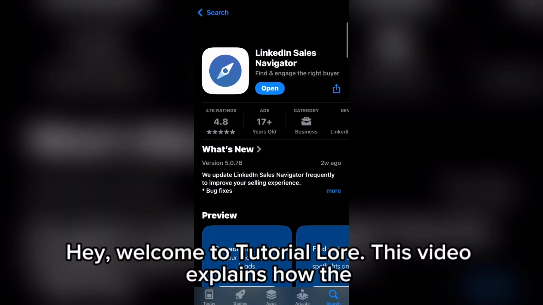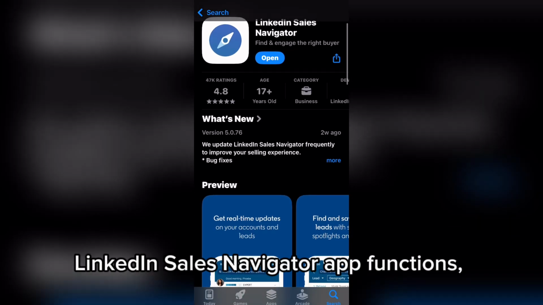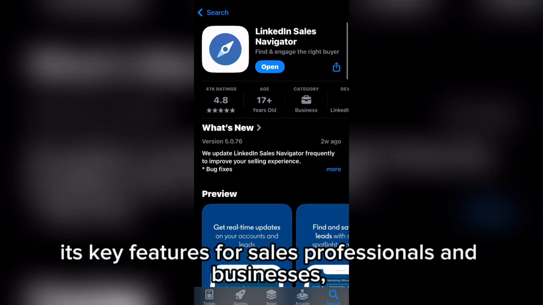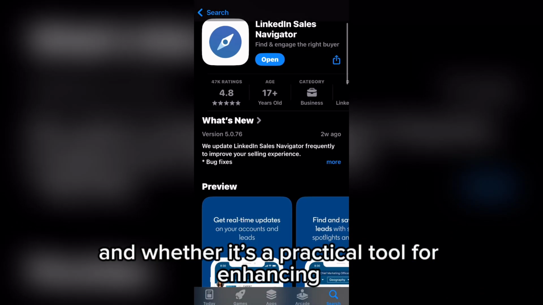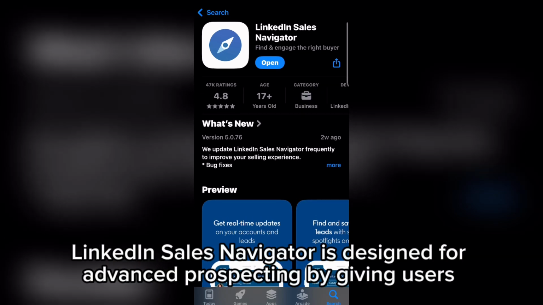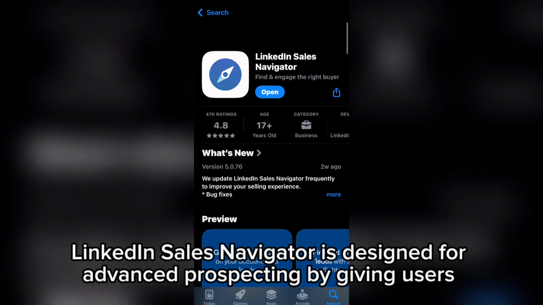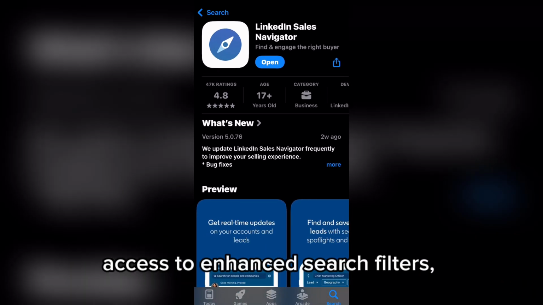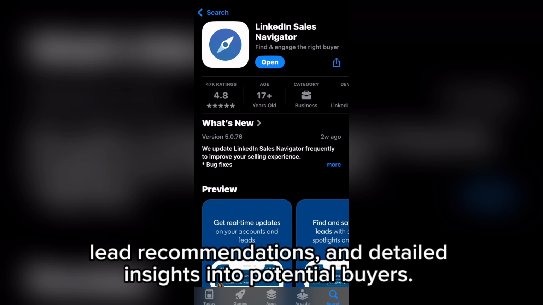This video explains how the LinkedIn Sales Navigator app functions, its key features for sales professionals and businesses, and whether it's a practical tool for enhancing lead generation and sales outreach. LinkedIn Sales Navigator is designed for advanced prospecting by giving users access to enhanced search filters, lead recommendations, and detailed